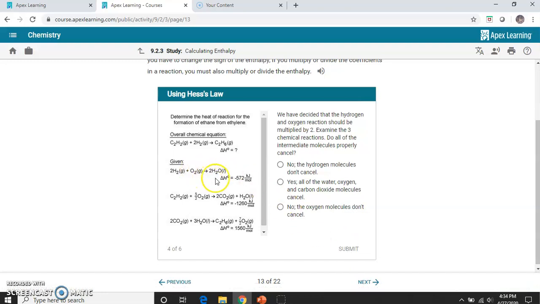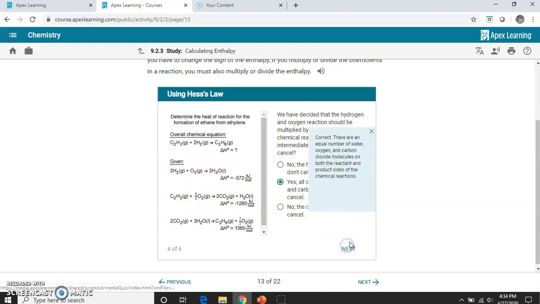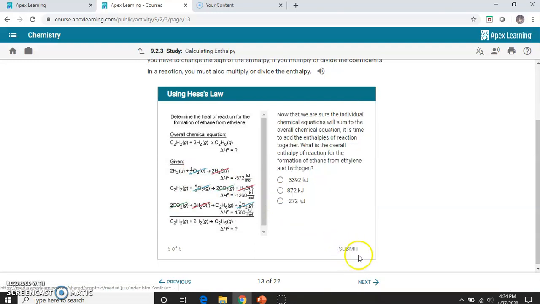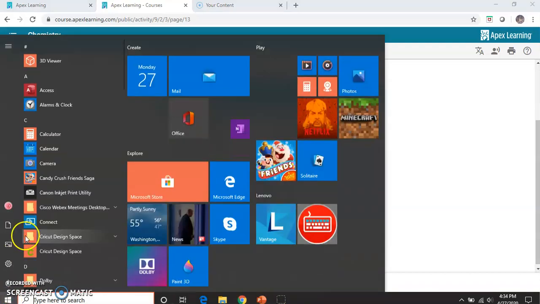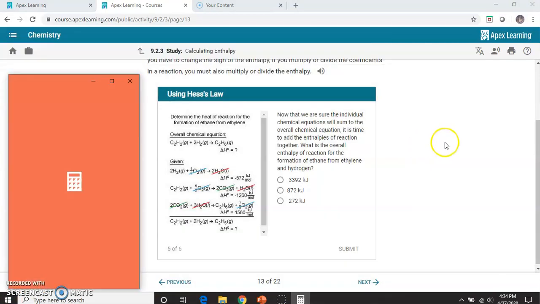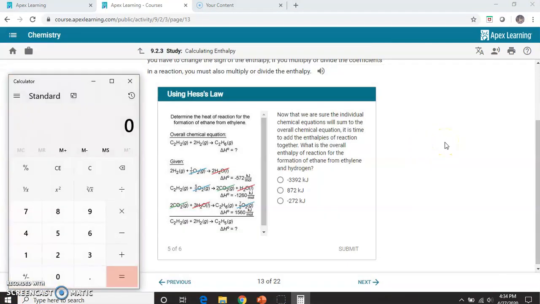Let's see, are they all good? I got 2. Yeah, I think they're all canceling out. They're ready to go. Yep. Okay, now what I do, I forgot to pull up the calculator. So when we find out the total enthalpy for the whole thing, well, I've got to add up all of these numbers. So I'm going to take negative 572, plus